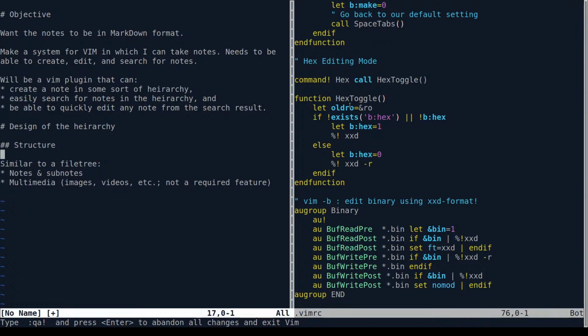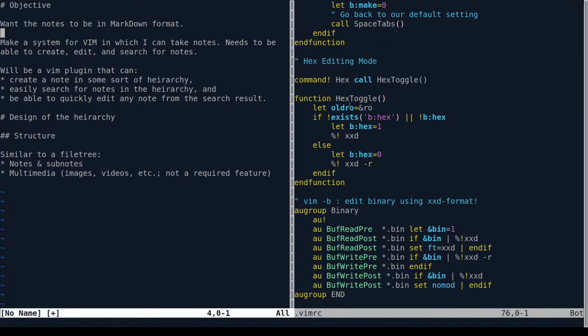Alright, so I want notes and subnotes and to be able to include multimedia, but that's not 100% required at this point in time. Alright, I just want an easy way to take notes in Vim that actually organizes them, right? Because you might be able to do this manually. Right, say if I just write this into design